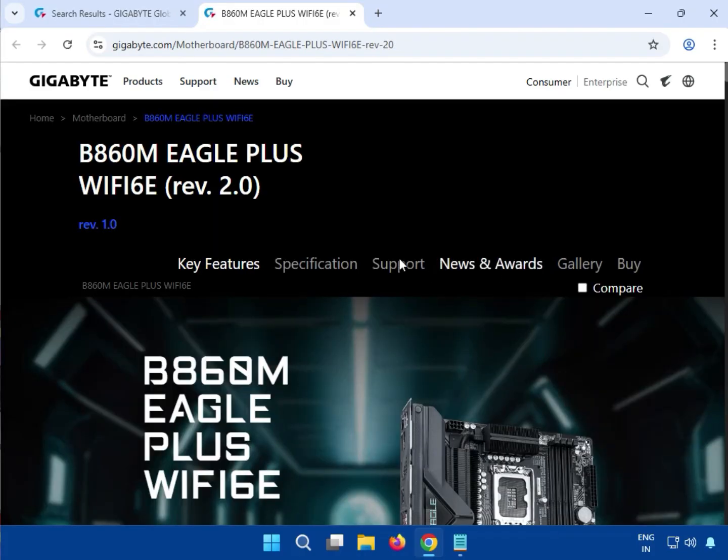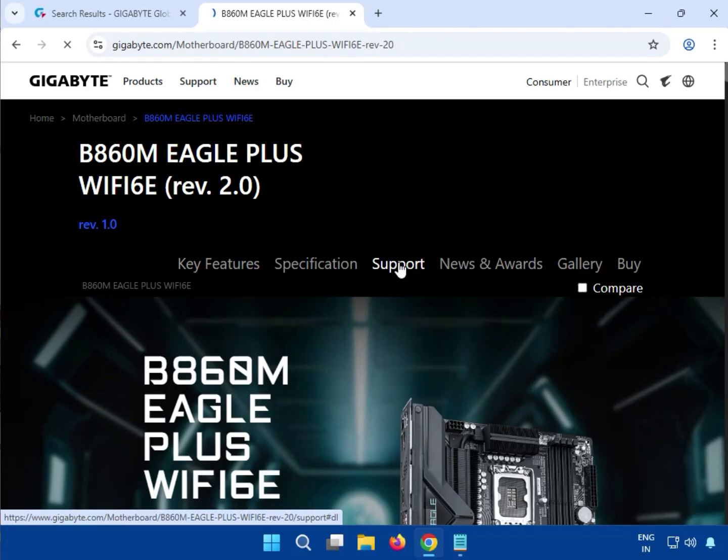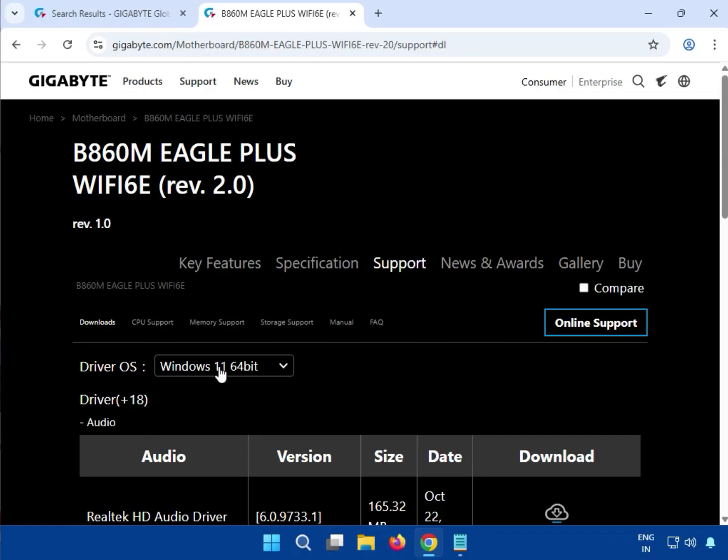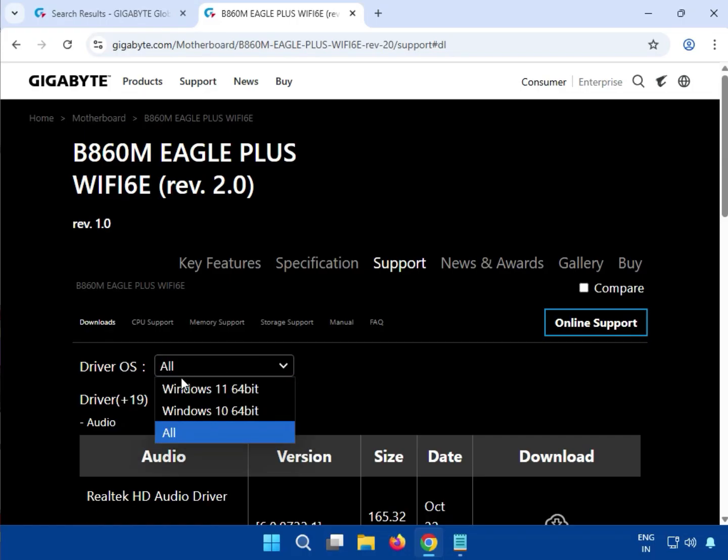then click on support. You can see here the operating system, Windows 10 and 11. I am using Windows 11, and if you are using Windows 10, no worry, the installation process is the same. Okay, and if you know your operating system, you can select it, or select all, and then install. Okay,